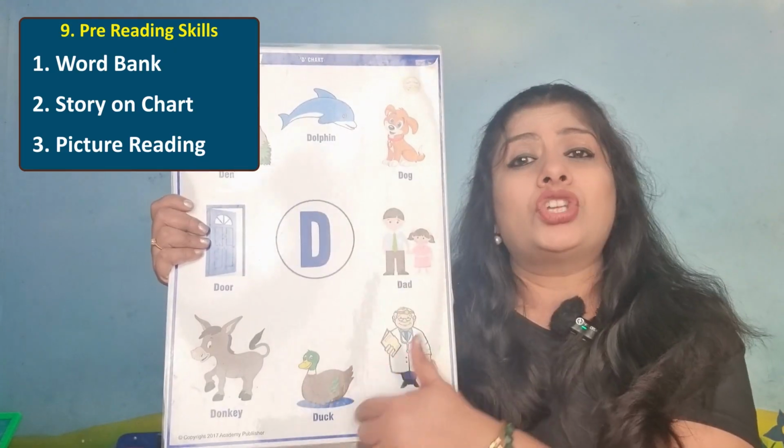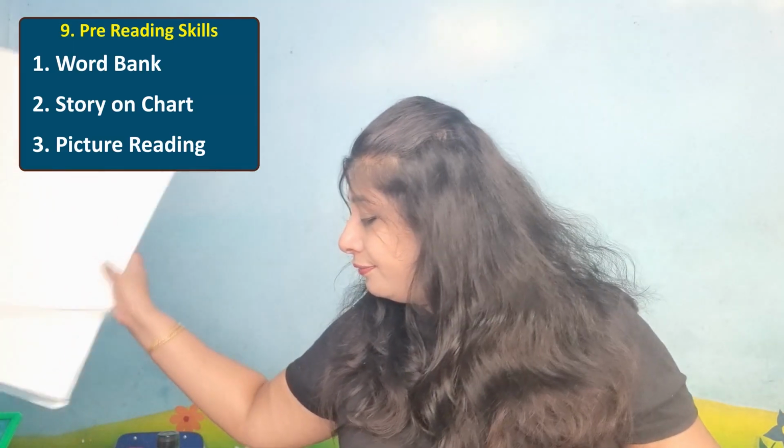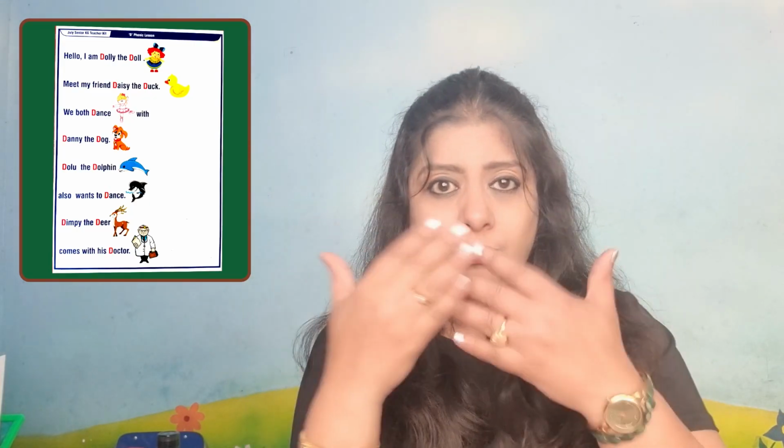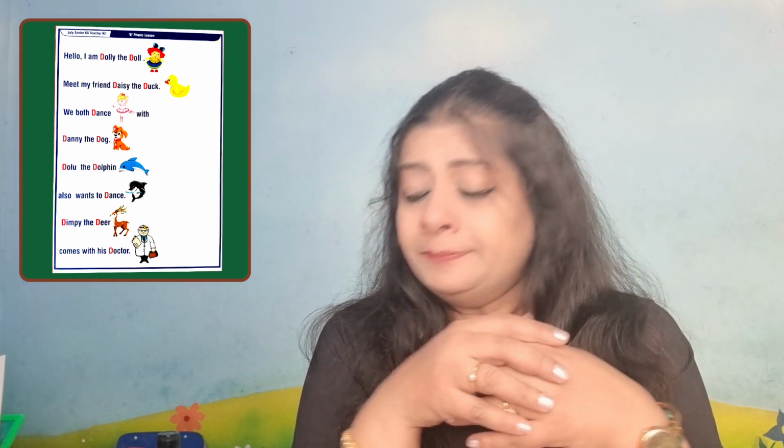And this is picture reading, enhancing the vocabulary. So I have also given you the picture reading. You can create a picture reading chart where children will repeat sentences with you, and they will stress on the words that begin with the D sound. So have some words and pictures both in your chart and do this lesson reading as well.